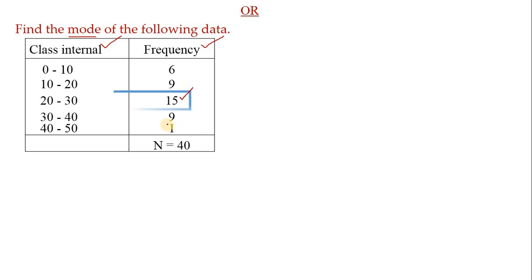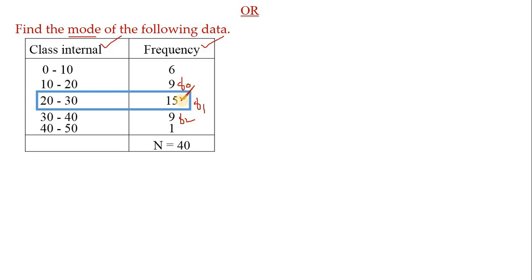Hence, draw one table for that like this. This is called the modal class. Every value we have to find by using this table itself. Here 15 is there. 15 is the highest frequency. Hence, this will be the F1 value. Its preceding frequency is the F0 value. We call it F0. Its succeeding frequency we call F2. See how easily we find F1, F0 and F2 values.